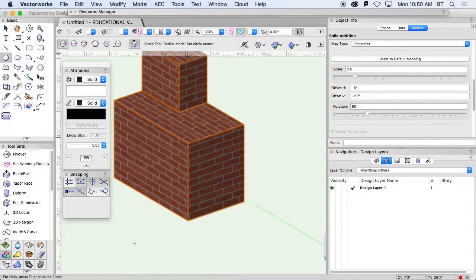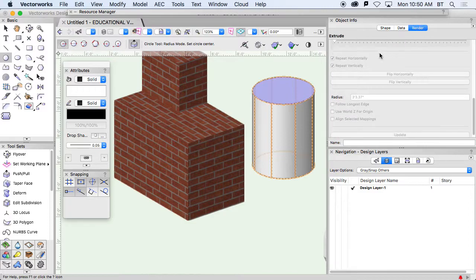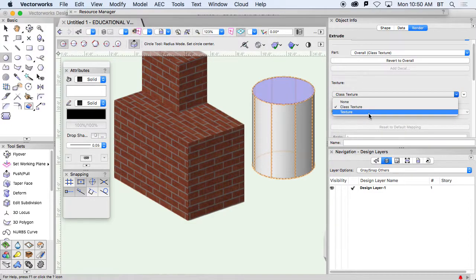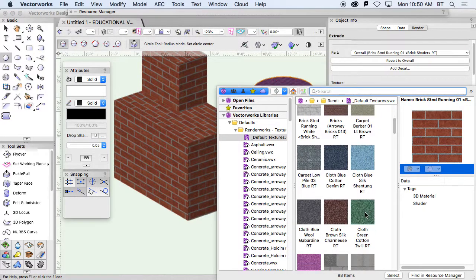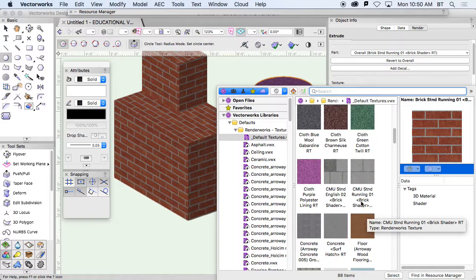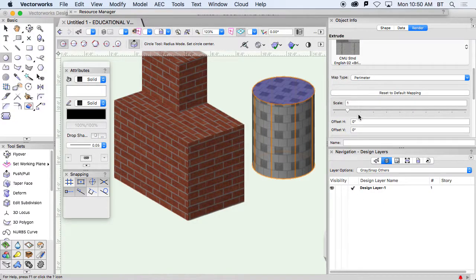Now, let's just do a cylinder and see what that does. We'll pick a different texture. Say we have it's out of cinder blocks. So right now I can see that it's perimeter, but if I do a cylinder, it kind of, that perimeter would actually work better in this case. And if I do a sphere,